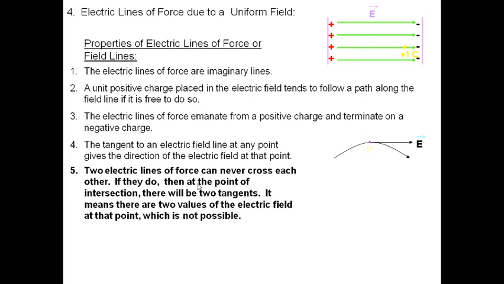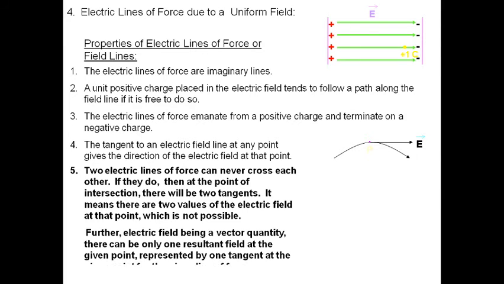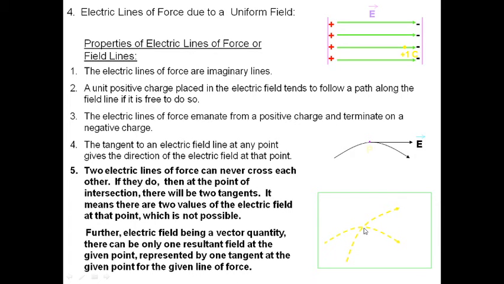Now, two electric lines of force never cross each other. This is one of the important properties, and can be asked for 1 mark. Why do two electric field lines never intersect each other? Because if they do so, then at the point of intersection, there will be two directions of electric field. If we see the two lines intersect, then this is the point of intersection. There will be two directions, say E1 and E2, which is not possible. Because electric field is a vector quantity, it must have a single direction, but it gives two directions, which is not possible. So that is the reason why two field lines never intersect each other.